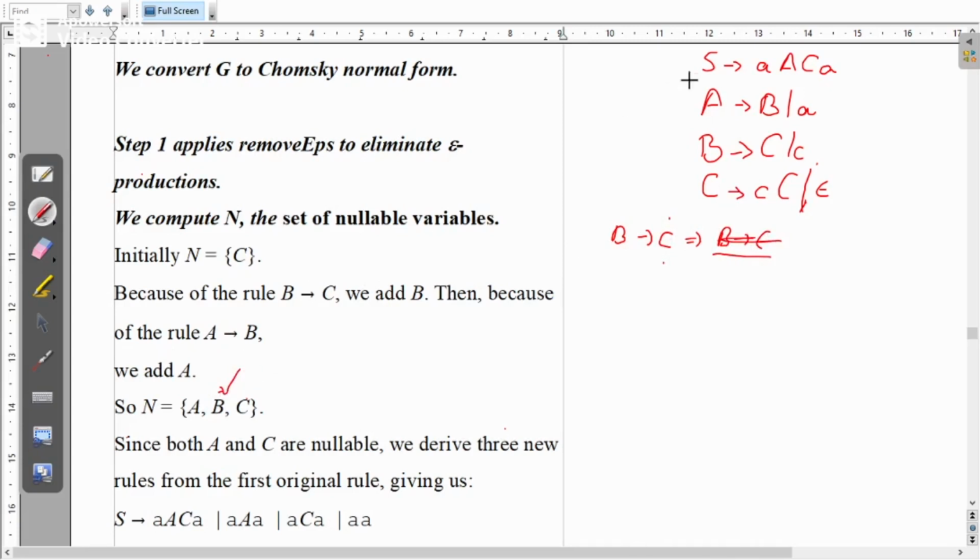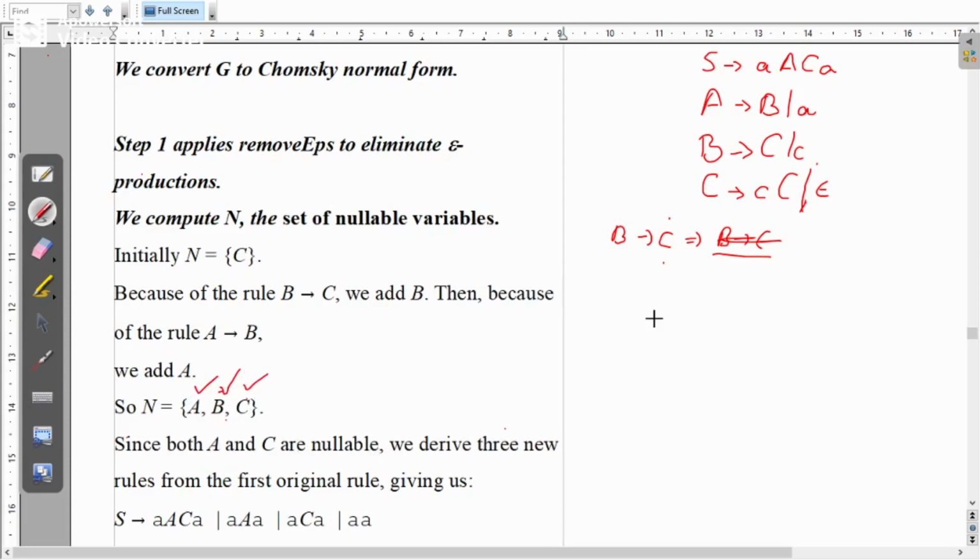You can see here. Similarly, I can add A in nullable because I have made B nullable, and you know that C is also nullable. Since B is nullable, A gives B can give you A gives epsilon. So that's why A is also nullable. Whereas in case of S, there is no way to get epsilon, because even if you substitute A and C with nullable, still you are going to get AA. So S will never become nullable. That's why S is not nullable. A, B, C are in the nullable set. A, B and C.